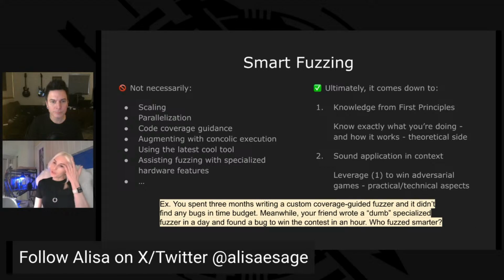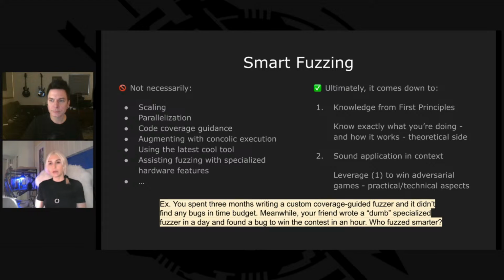Next thing is I want to challenge the concept of smart fuzzing. Normally, when people talk about smart fuzzing, the meaning is coverage-guided fuzzing, modern tools, scaling, parallelization, various cool approaches like augmented with concurrent execution. But this is not necessarily